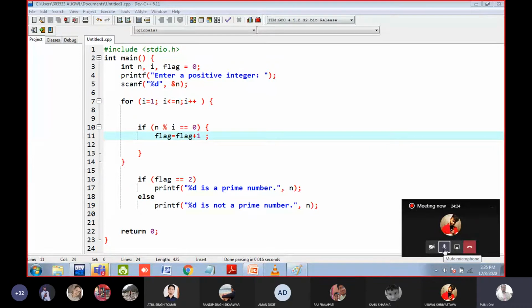We can write the same code with a break statement. I can show you the code, okay? And whichever code you like, you can use, without the use of break statement or with the use of break statement. So after this, we will check the code that checks whether a number is prime or not by using the break statement. The same logic is there.